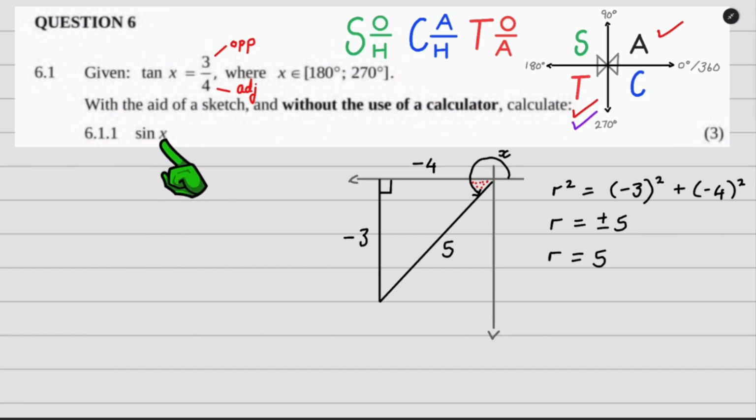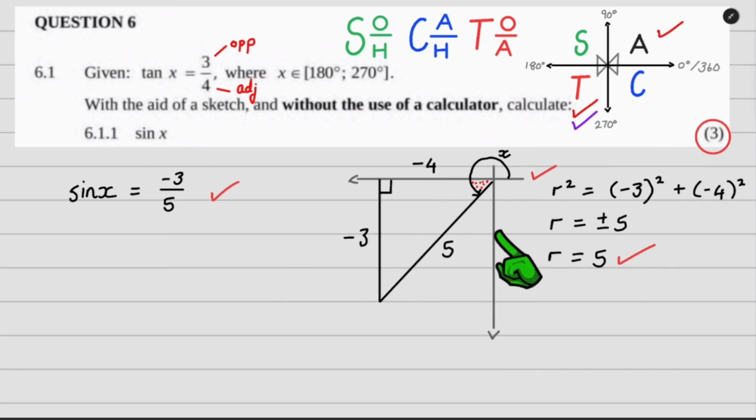So to get the value of sine x, I just use SOH with my sketch. So let's go ahead and do that. Okay, so the opposite is -3 and the hypotenuse is 5. So it's just -3/5, and then we've officially finished this question. So let's have a quick look at where these 3 marks are coming from. We get 1 mark for our sketch, 1 mark for the correct value of the radius, and 1 mark for our answer for